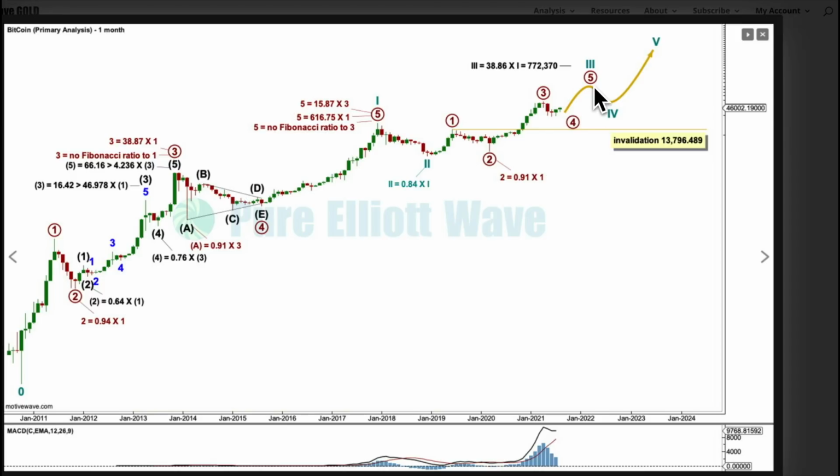My targets are highly provisional. This market doesn't always exhibit Fibonacci ratios between its actionary waves, making target calculation very difficult. I've noted this on the chart here. Primary 3 exhibits no Fibonacci ratio to primary 1, and nor does primary wave 5. That makes it very difficult. Within primary wave 3,